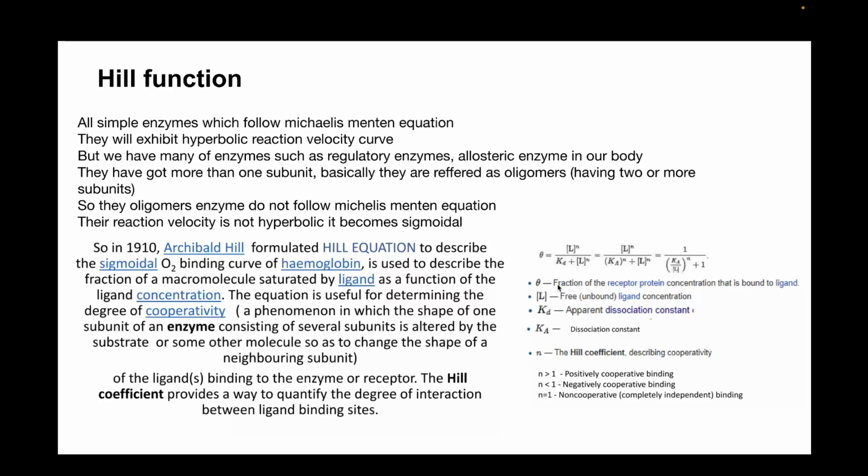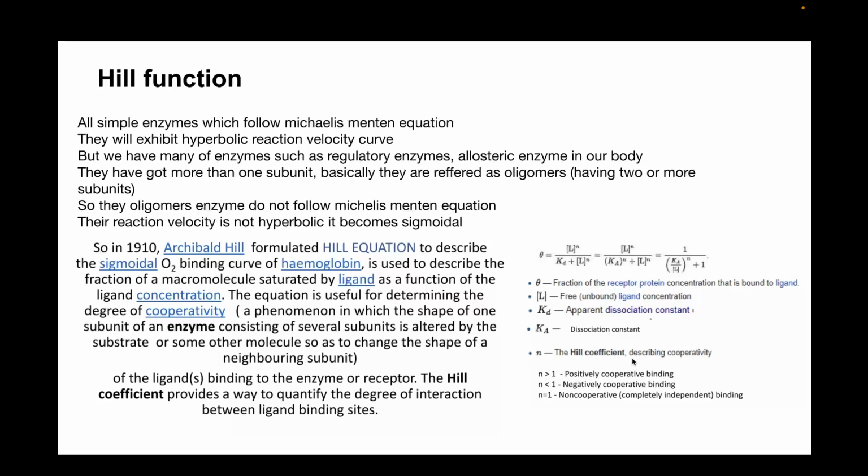So your theta, which is the fraction of the receptor protein concentration that is bound to the ligand, is given by L to the power n over Kd plus L to the power n, where L is your ligand concentration, Kd is your dissociation constant in which the ligand and receptor dissociate, Ka is the apparent dissociation constant, K is the normal dissociation constant, and your n here